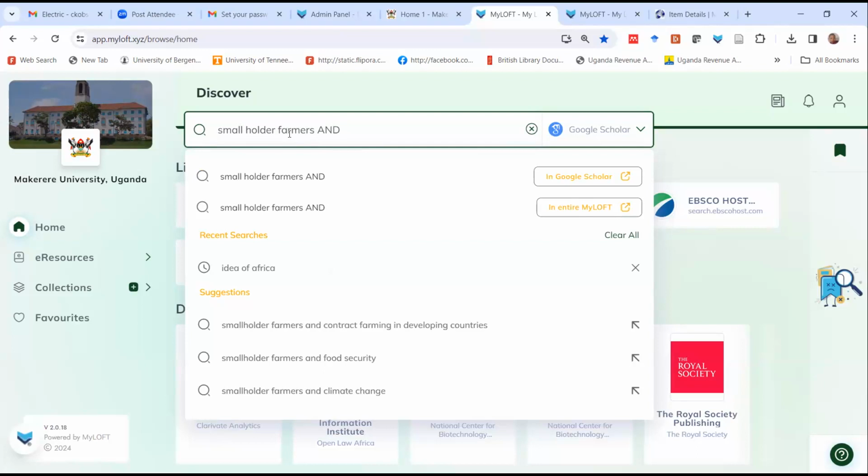In library science, we have three Boolean operators: AND, NOT, and OR. The AND combines the terms. You want information on both terms. The OR is for synonyms. If I have another synonym or a related term to smallholder farmers, then I'll use OR. If I want to exclude a term, for example with smallholder farmers,